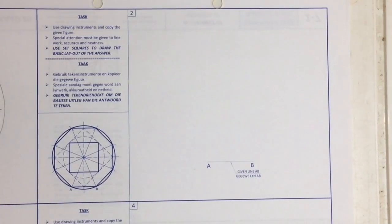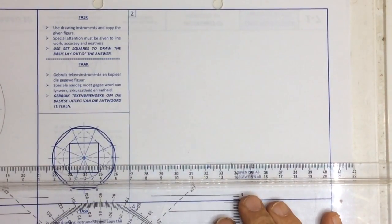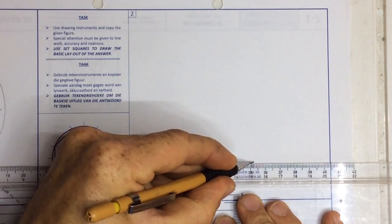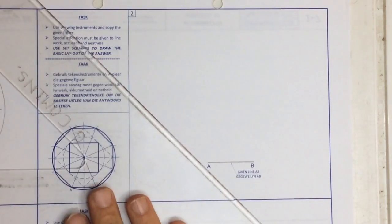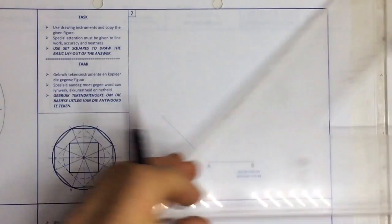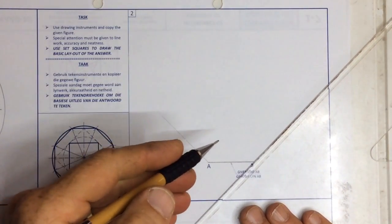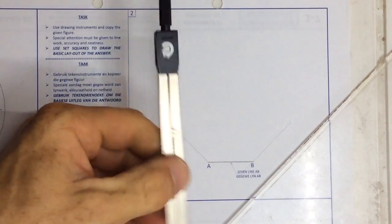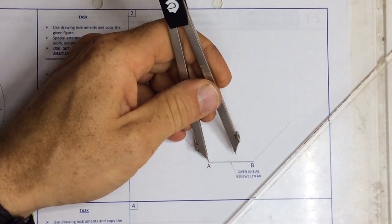Right, drawing this object over here, it's exercise number 2 on page 1.6. Start out, it says that I have got a nice dark base of AB, so I darken that in. I then take my set square and I draw a construction line at 45 degrees going that way and 45 degrees going that way. I take my pair of dividers and I measure off the length of AB over here,